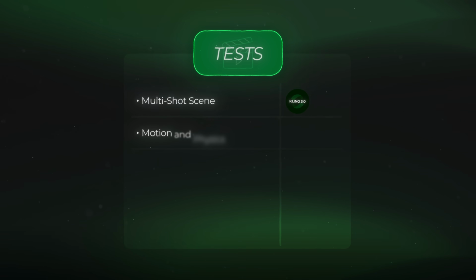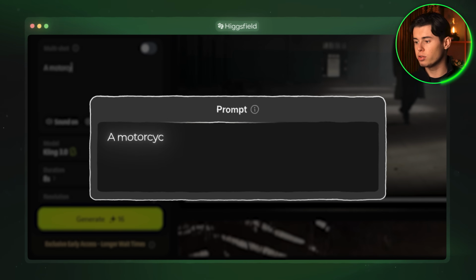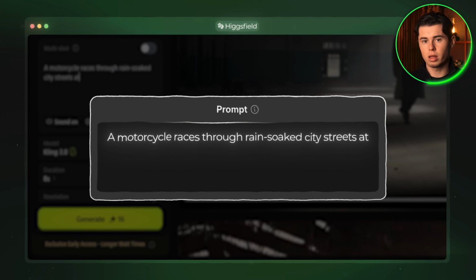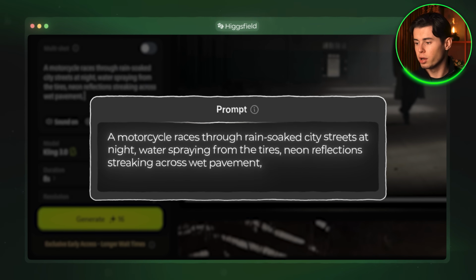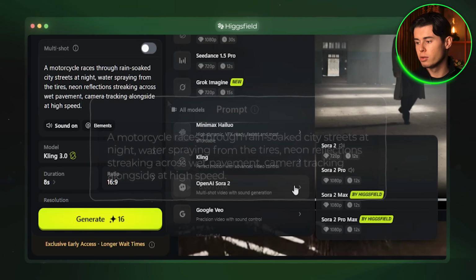Next, I'm testing fast motion and environmental effects across each model. I'll type, "A motorcycle races through rain-soaked city streets at night, water spraying from the tires, neon reflections streaking across wet pavement, camera tracking alongside at high speed." Starting with SORA 2,